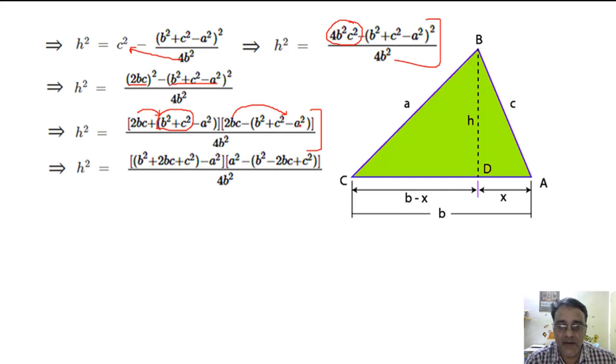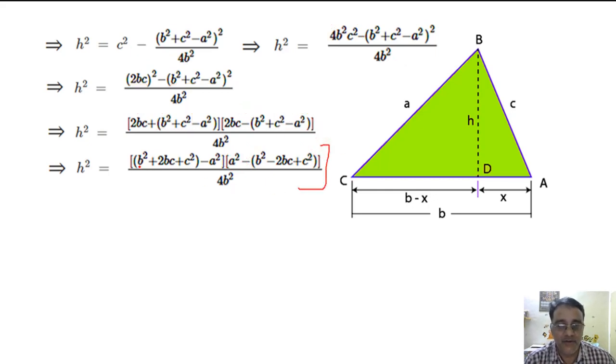Yes, sir. बट यहाँ पे एक डाउट आ सकता है कि ये माइनस यहाँ पे था और यहाँ प्लस कैसे हो गया. Why this minus a square will become plus a square? Because of the minus sign in the brackets. ठीक है, माइनस की साइन की वजह से जब ब्रैकेट ओपन करोगे सो इट विल बिकम प्लस a square. Right? So no doubt here. No, sir. Now this will become b plus c whole square and this will become b minus c whole square. If this step is clear, then we'll proceed.